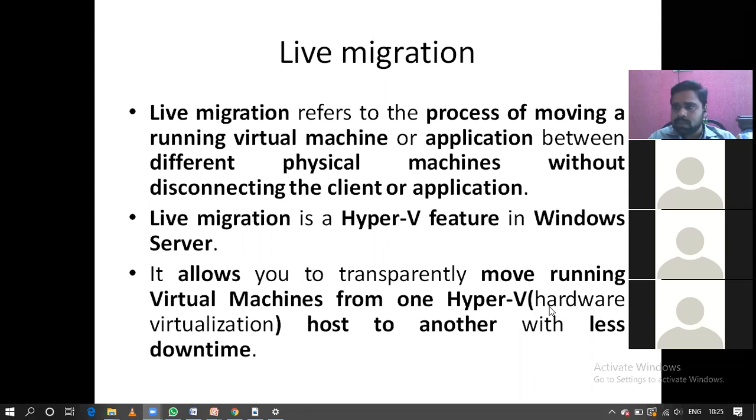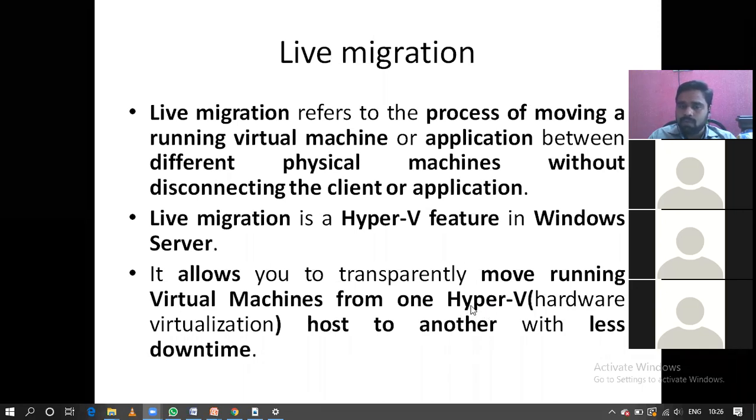In live migration, this downtime should be very less, in the span of milliseconds. I have to move my application running from one virtual machine to another virtual machine. Clear, guys? For moving we can use different providers, and here I am using Hyper-V. With the help of this Hyper-V I am going to move my application from one virtual machine to another virtual machine.